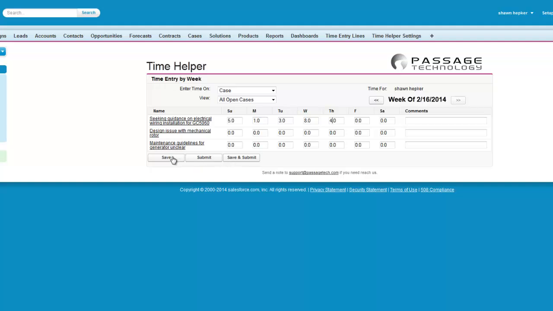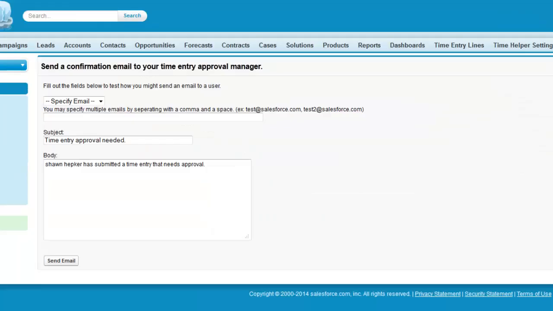The Save button will just save the time that you have entered here, and the Submit button will submit the time for review by whoever is in charge of reviewing the time entries. Once you select the Submit button, you are redirected to the page where you send an email notification to your